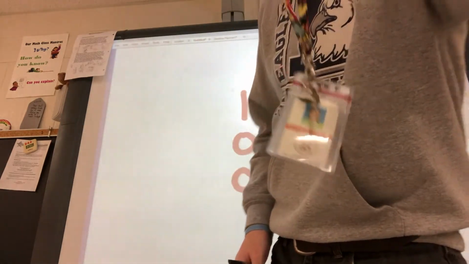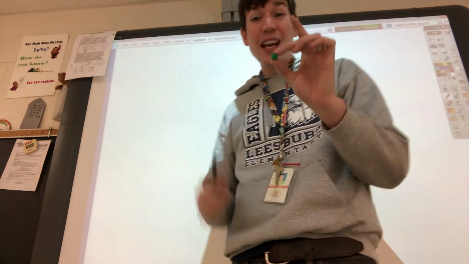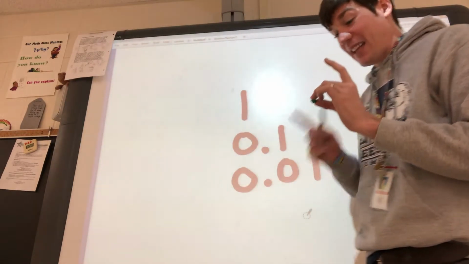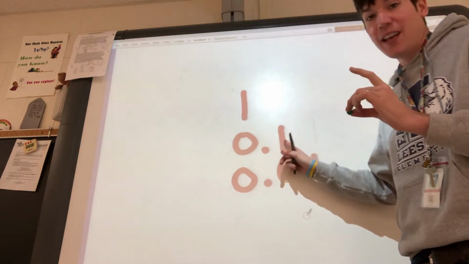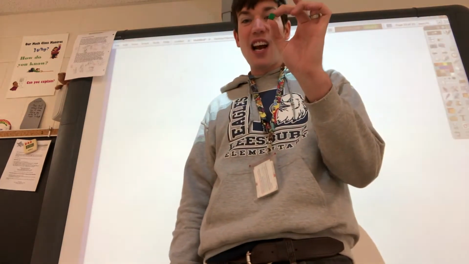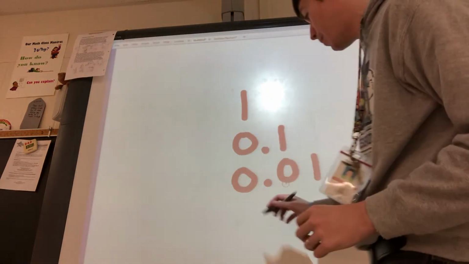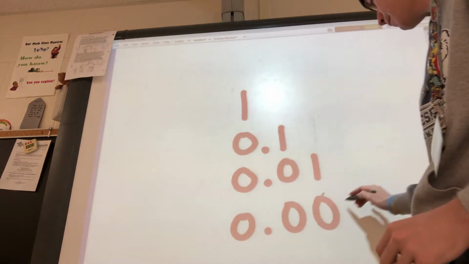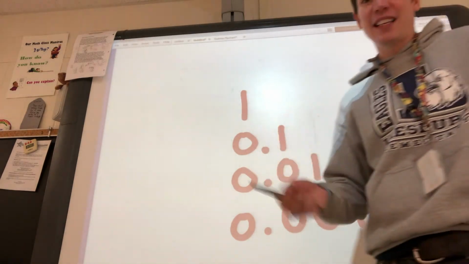The last piece we have is this little piece, this little cube. Remember, it took 10 of these pieces to make a hundredth. It takes 10 of these hundredths to make a tenth, and it takes 10 of these tenths to make a whole. So it's going to take 1,000 of these in order to make a whole. So we're going to call that little piece 1/1,000, which looks like this, which means it takes 1,000 of those to